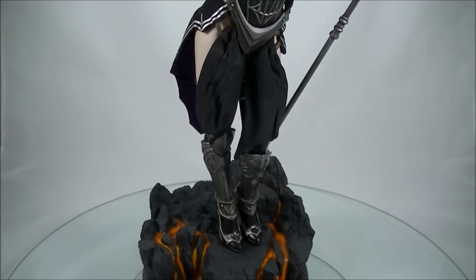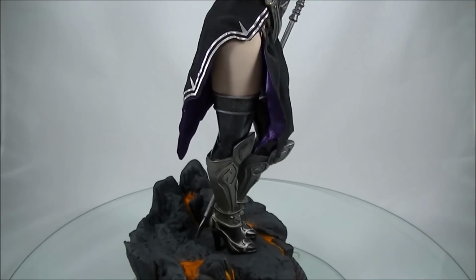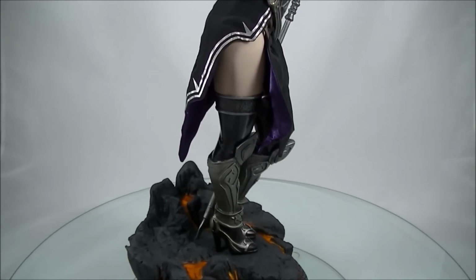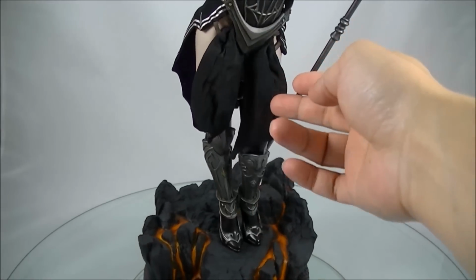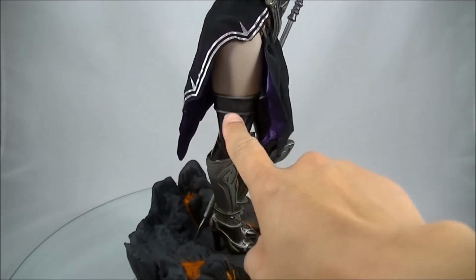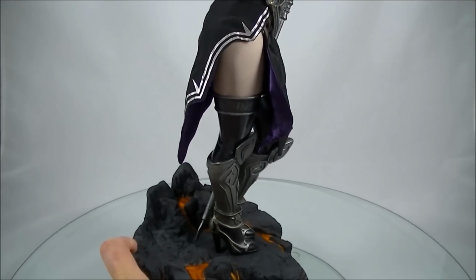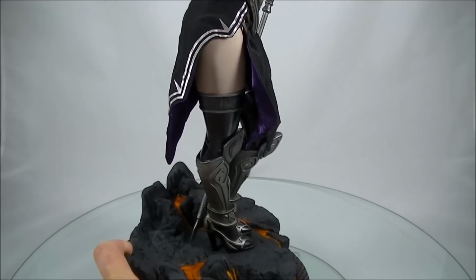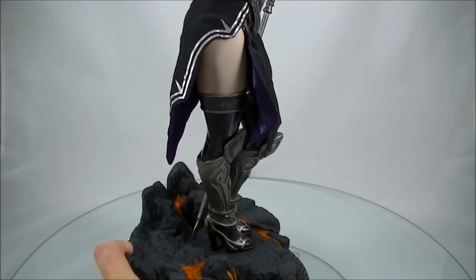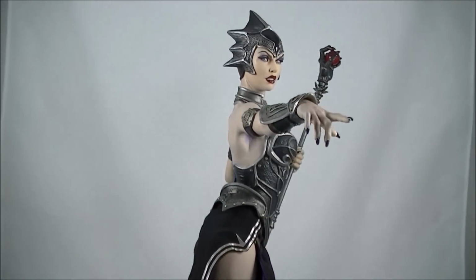So it does look quite nice. But I think with her right leg here, her weight is seemingly more on her left leg, which just doesn't make sense. She's sort of leaning on this right leg here, so I actually think the statue would look much better if it was just tilted back just 5 degrees or something like that, where instead of having her leaning forward like